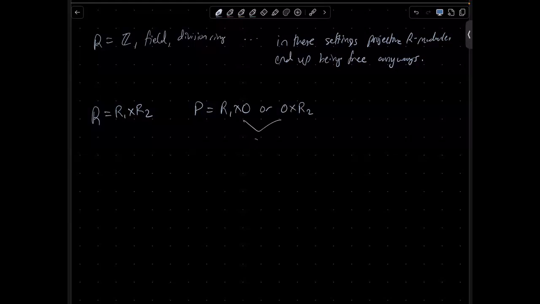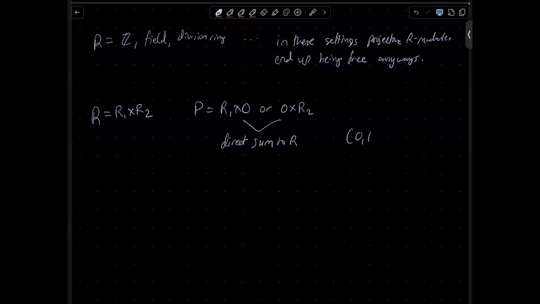These two sum to R in R-mod. Since they direct sum to R, each of these choices for P is projective,